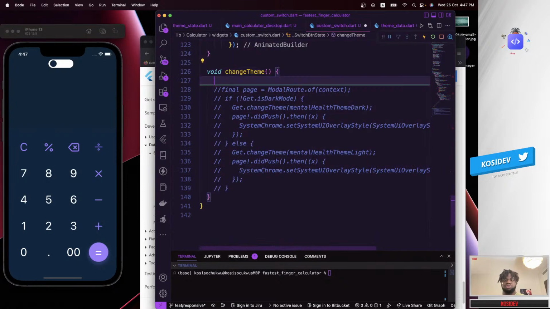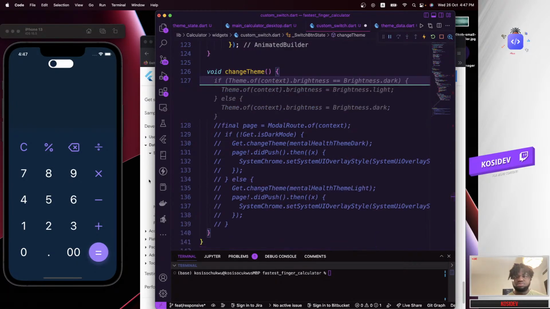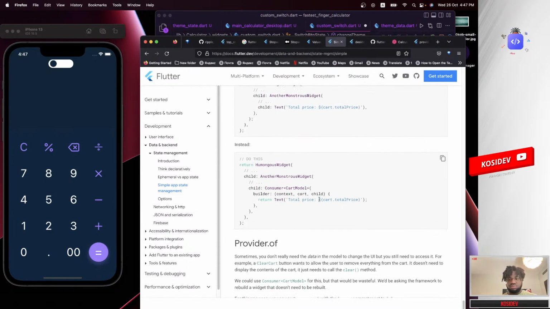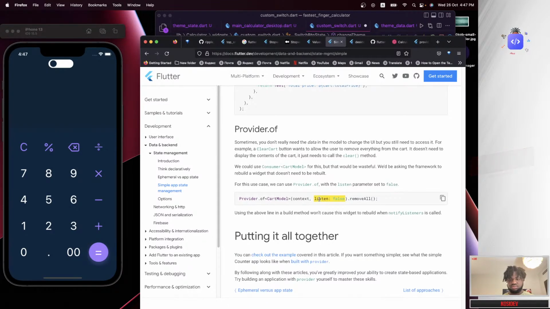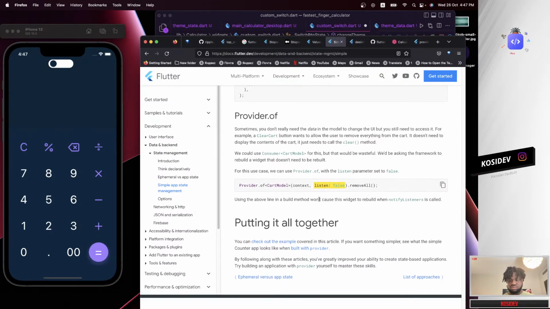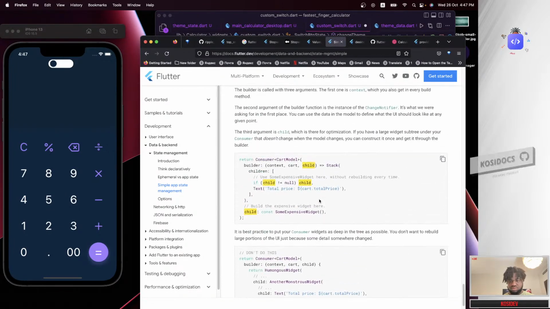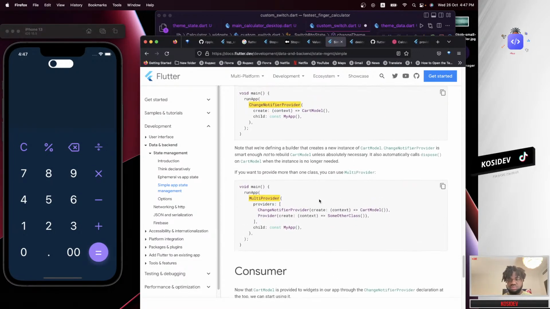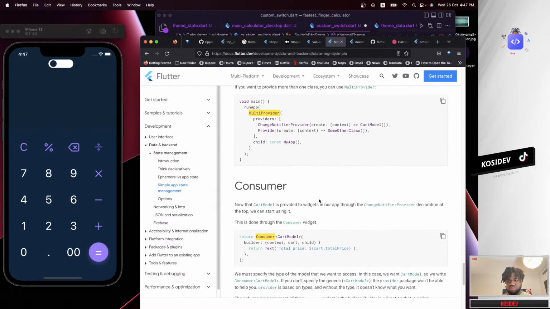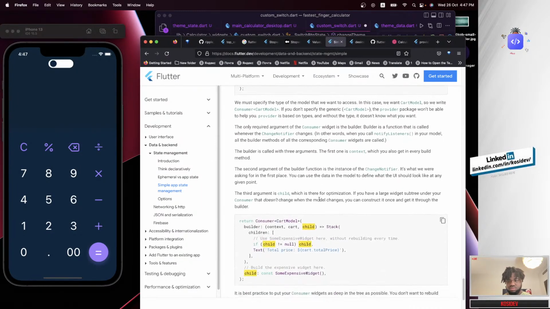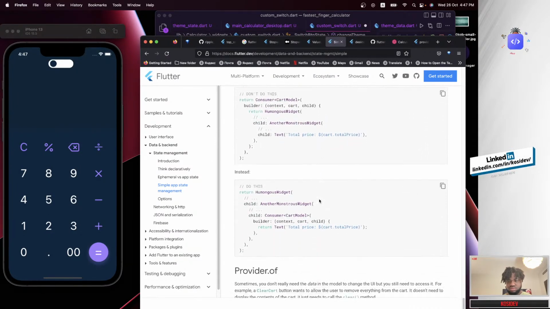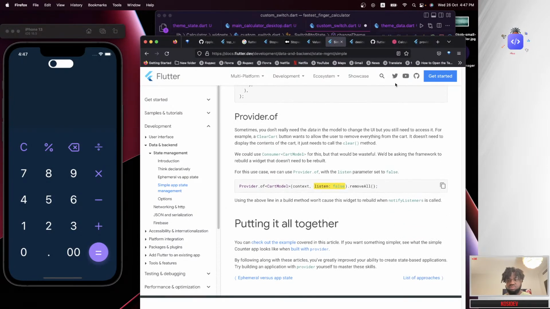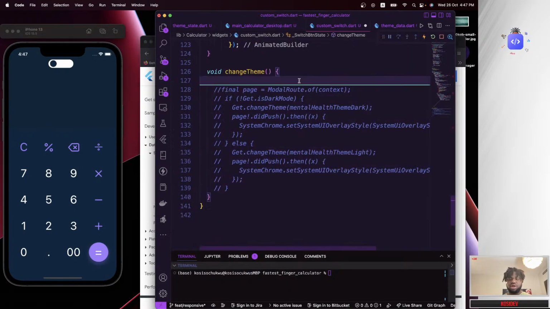So yeah, we should be able to toggle this, toggle our provider. So let's say right here we just